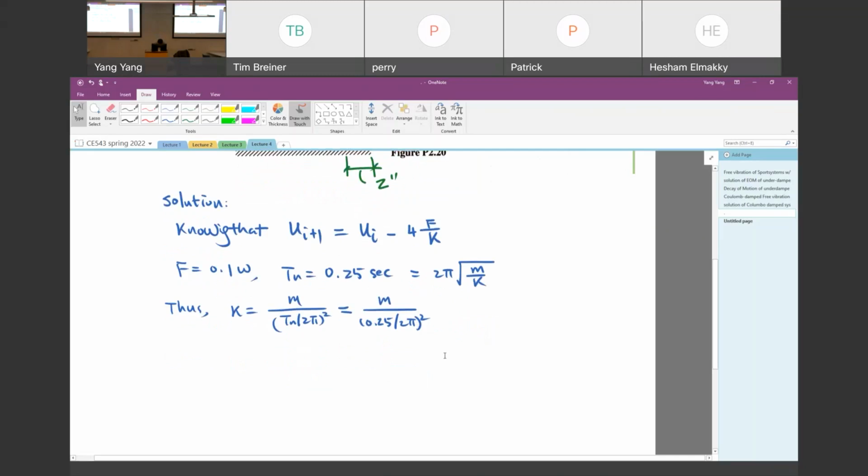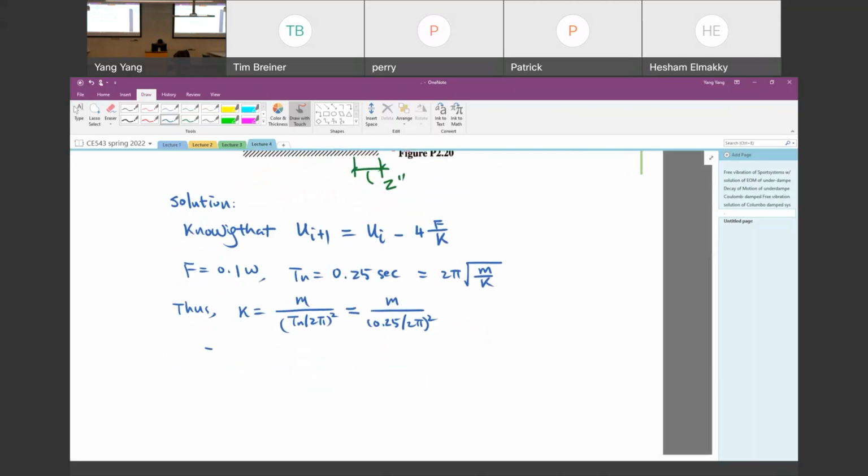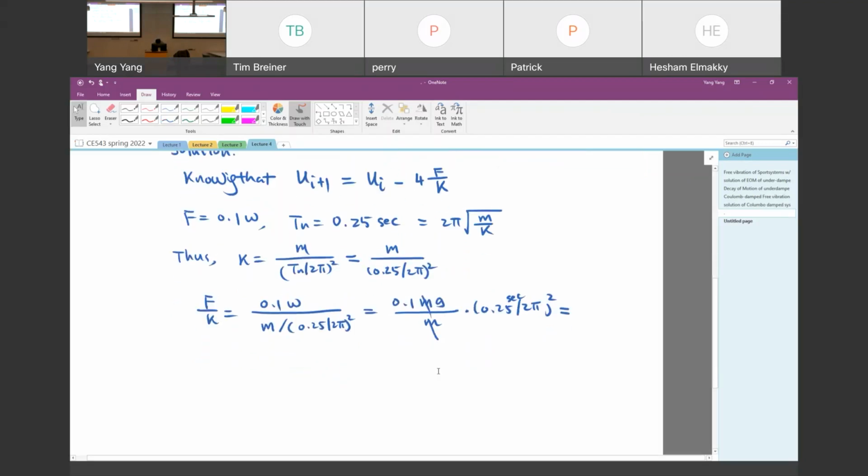And the F over k is the 1. And get F over k as a function of g and seconds. So this is equal to